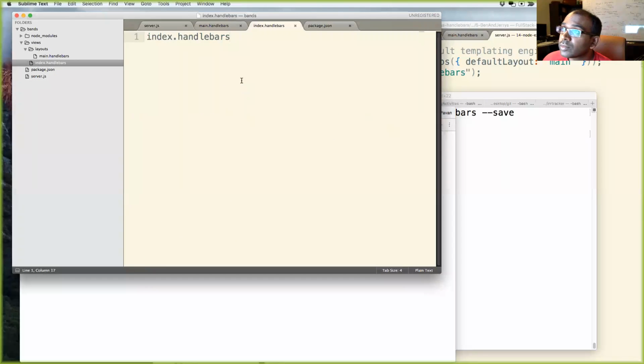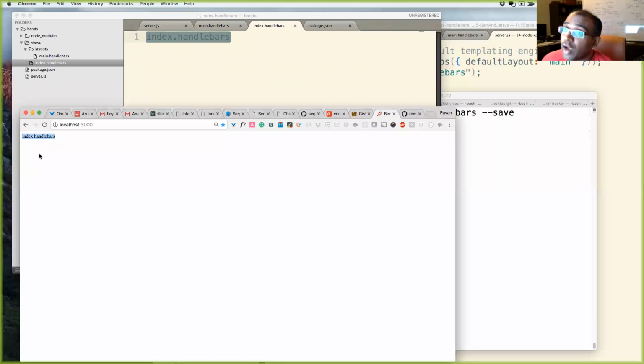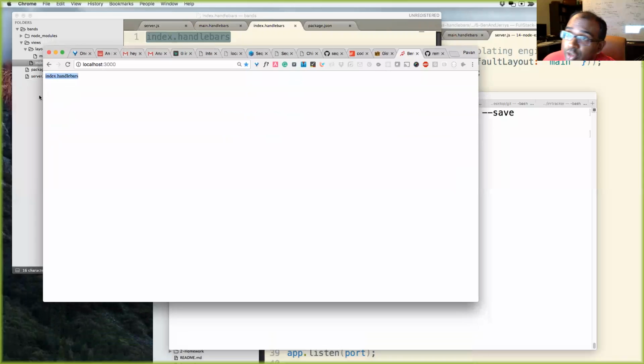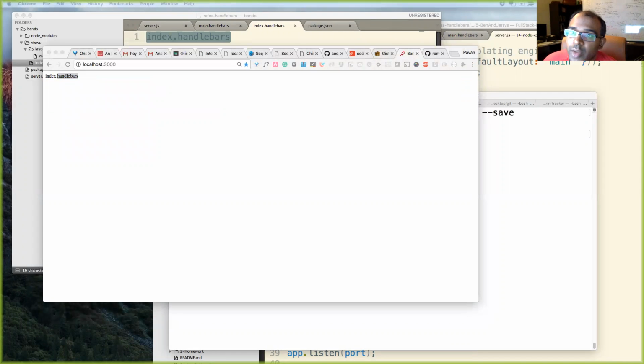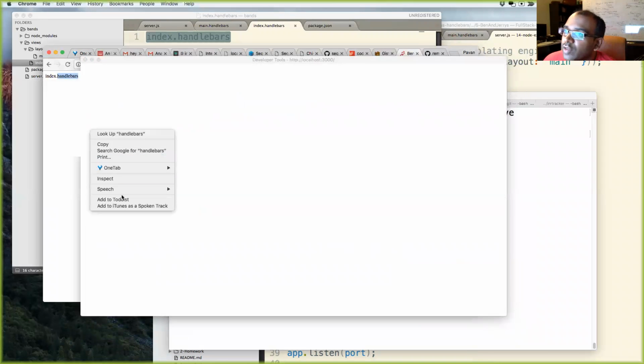Yeah, it's working. That's what you have in there. It's just loading this file. So if I look at the HTML right here, I can just right click on this, inspect, and go into my inspector. And you know what? There's a lot of stuff going on here. So I'll do right click, view page source.